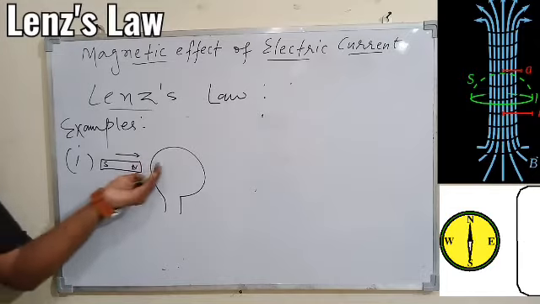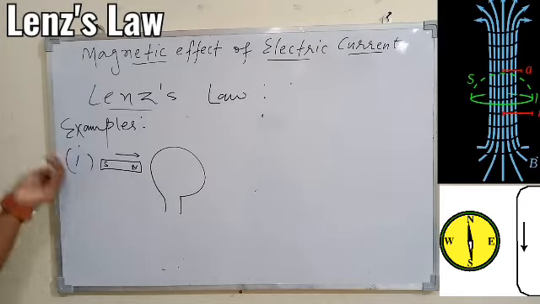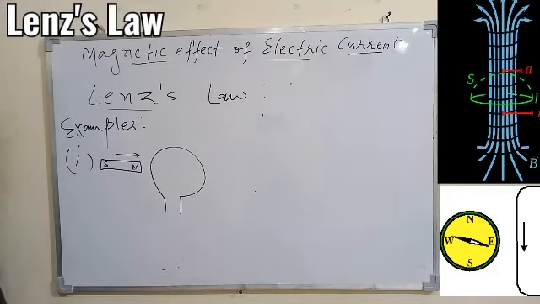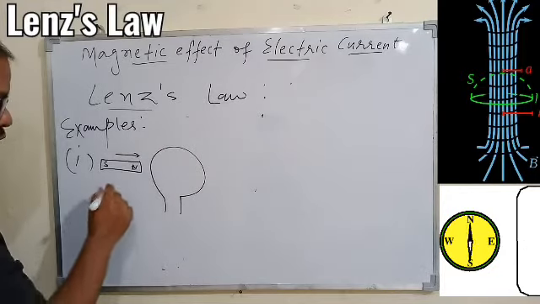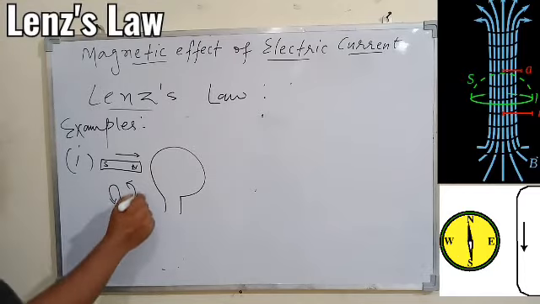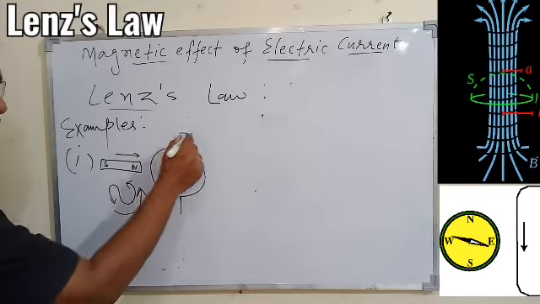So we know the coil will try to send it back. So north pole can be sent back by north pole only. So this side should be north, this side should be south. So front face should be north. So according to the rule we know, if the front face should be north, then the current must be anti-clockwise. So in this case current will be anti-clockwise.